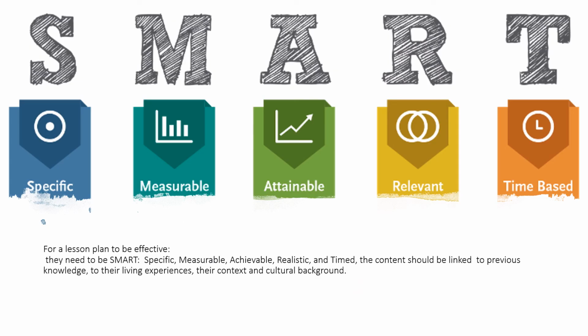For a lesson plan to be effective, the objectives need to be SMART: specific, measurable, achievable, realistic and timed. But also teachers need to keep in mind the different academic needs to cater for in the classroom. Even our objectives need to be differentiated, since the teacher needs to take into consideration while planning academic and motivational potential difficulties that students may encounter during the lesson. That's what justifies the use of 3 success criteria and a challenge in the objective session. I prefer with my students to do small secure steps than giant wobbly ones. The content should be linked to previous knowledge, to their living experiences, to their context and cultural backgrounds.